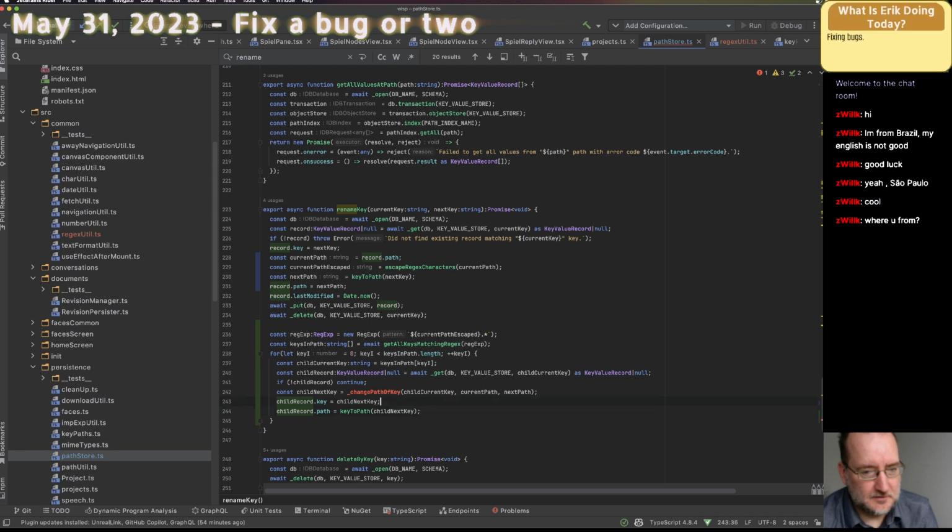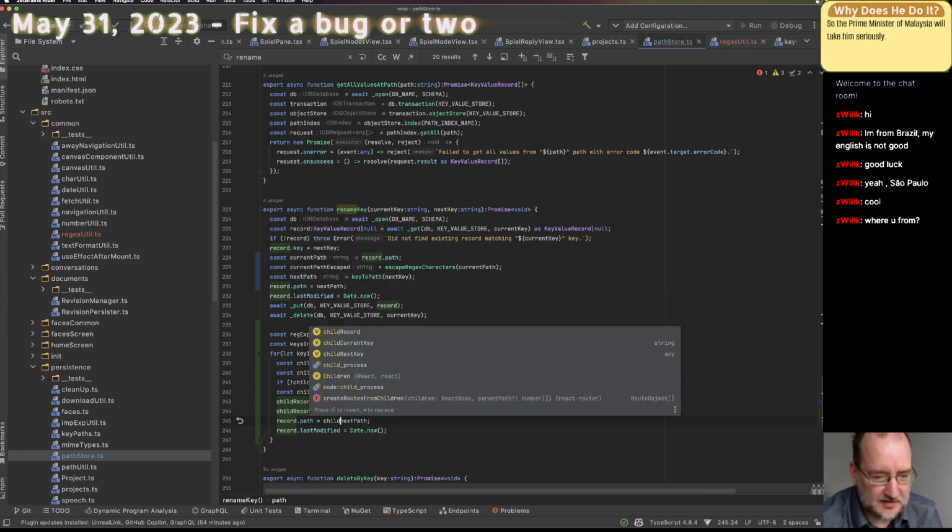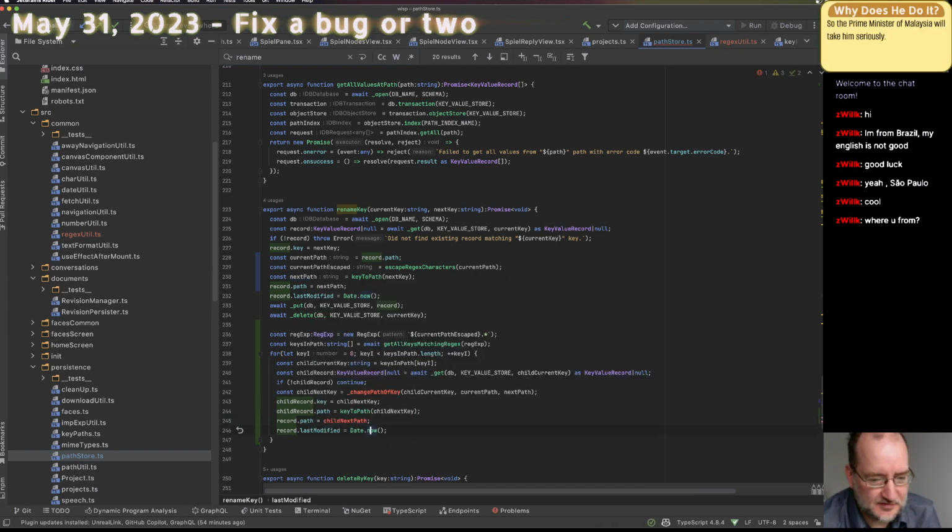Okay, then we add basically the same stuff here. I see that I need to do some refactoring. Okay, record path equals child next path, because I'm not being DRY right now. This is just the same code copied and pasted.